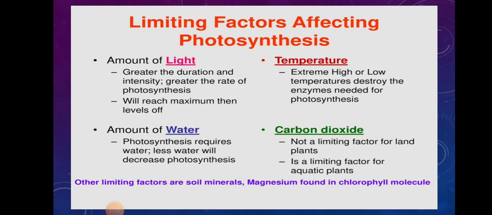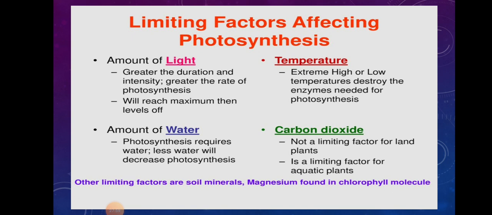Now, the fourth limiting factor is carbon dioxide. Now, carbon dioxide is not a limiting factor for terrestrial plants. Let me tell you this. Plants which are found on land, terrestrial plants, they have ample of carbon dioxide, because we have significant amount of carbon dioxide present in our atmosphere itself. So there is never shortage of carbon dioxide, and nevertheless we the humans, we have emitted so much of carbon dioxide, we have polluted so much of our environment, that there is never ever deficiency of carbon dioxide for terrestrial